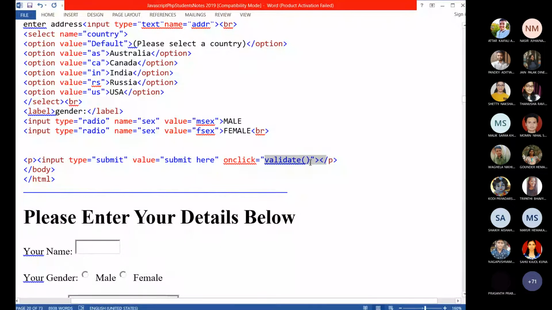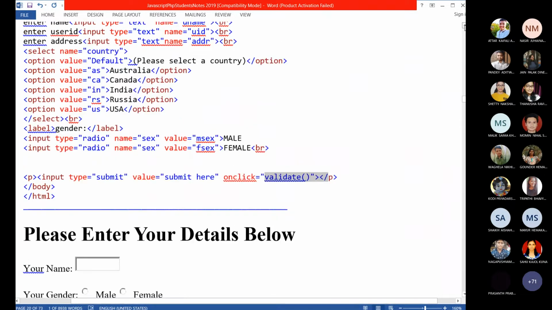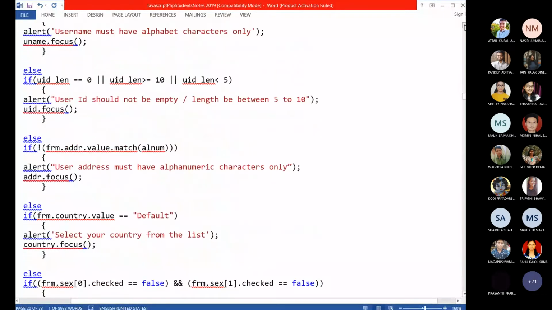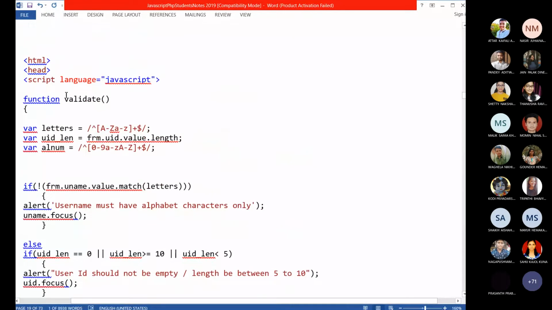Getting it? This is a function call with empty parentheses, that means no parameters. Why? Because the function definition of this is also empty. Here I did not pass any; in the next program which I showed, there I passed 1, 2. Here it is empty. That's why the function call is also empty. The function definition is empty, meaning it does not have any parameters, so the function call will not have any values of the parameters.